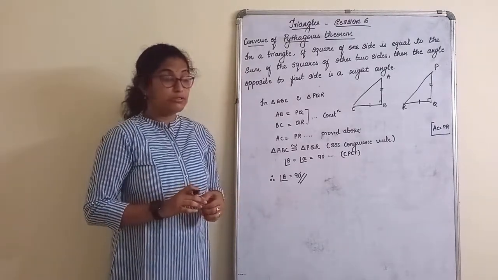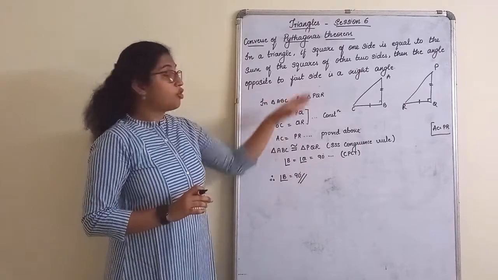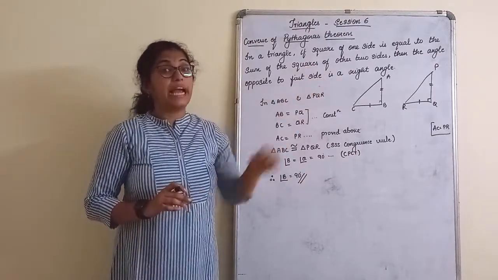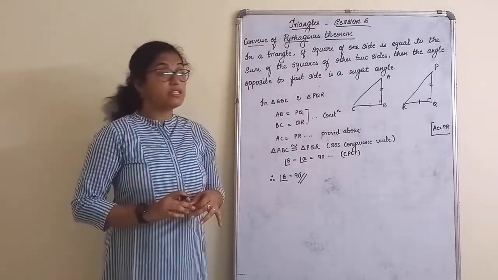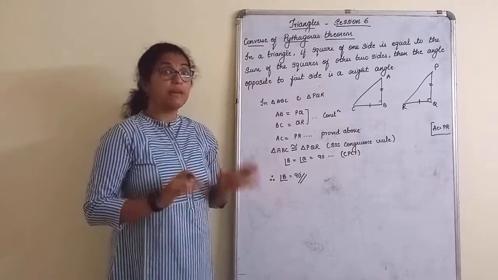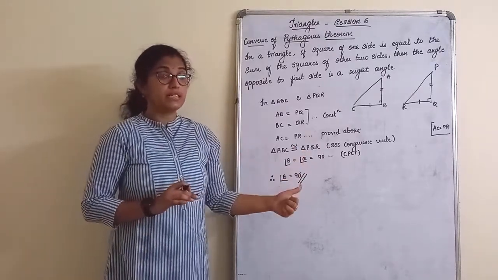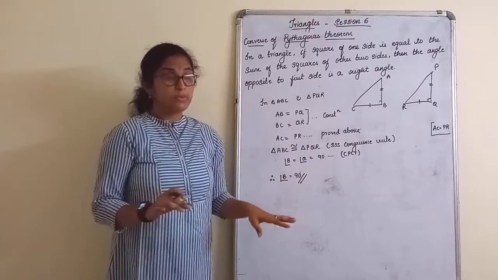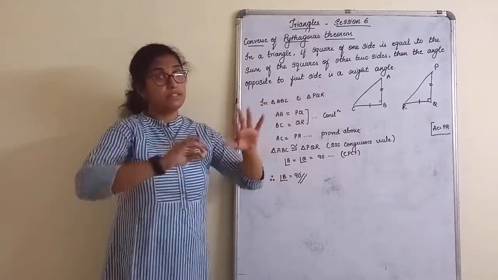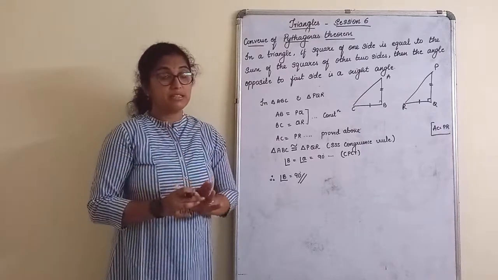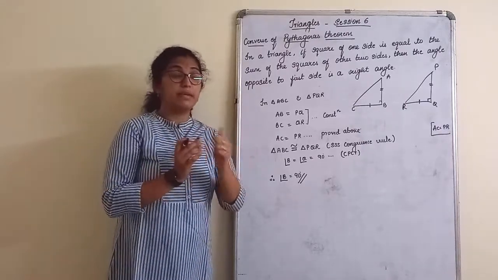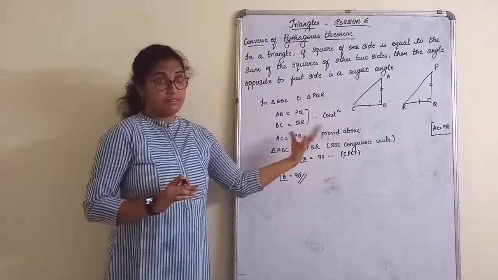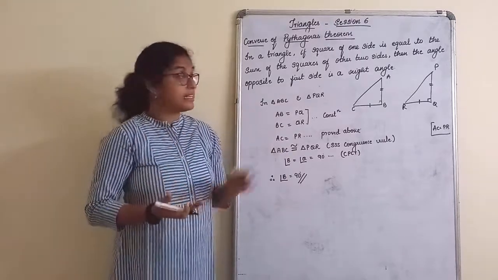Very clear how to do this? So here in the second part, the converse part, we use congruency to actually prove that in the given triangle, one angle is 90 degrees. So this is the converse of Pythagoras theorem, equally important to Pythagoras theorem also. State and prove Pythagoras theorem or state and prove converse of Pythagoras theorem. Or sometimes the statement is given directly. You need to just see whether it is Pythagoras or converse, identify and do it, or only the statement is asked. So in all the ways you have to learn the statement as well as the theorem. Today's session I will only wind up with the theorems that are done. In the next session we will start an exercise based on Pythagoras theorem.